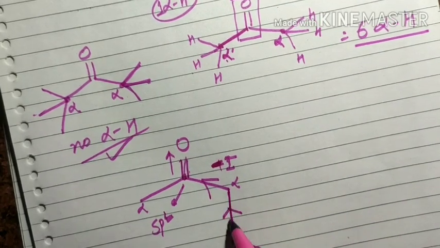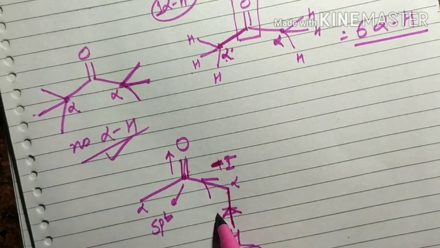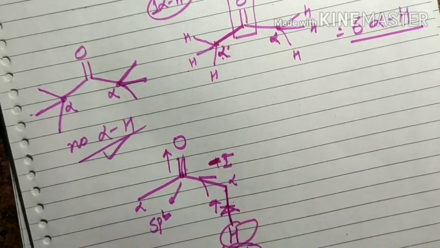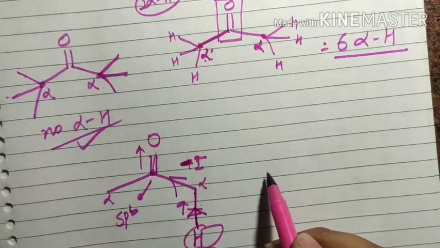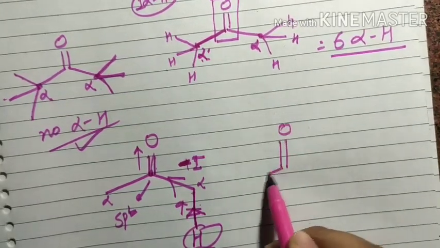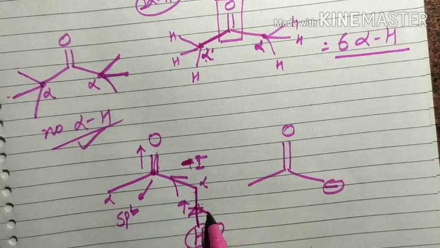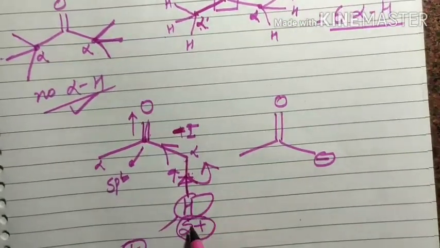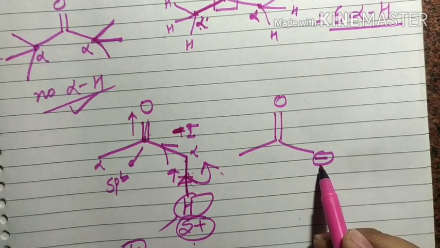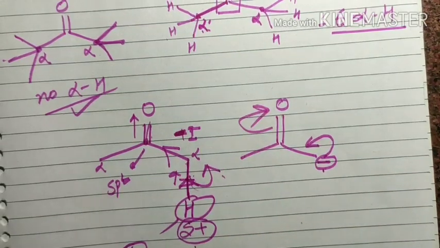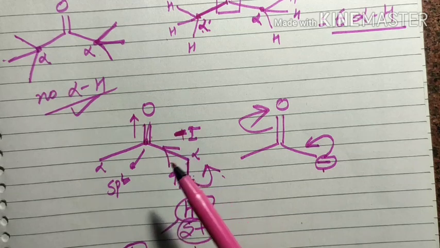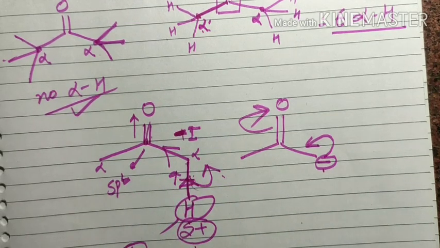And if this bond is polarized, it means the bond pair moves towards this system. So this hydrogen may leave as H plus. If it leaves as H plus, the resultant structure is like this, negative, because if this hydrogen breaks as H plus, a negative charge is generated on this carbon, and this negative charge is in resonance with this double bond. So here you understand that this hydrogen is acidic due to polarization of the bond and due to the shifting of the bond pair, because of the high electronegativity of oxygen and the sp2 carbon.